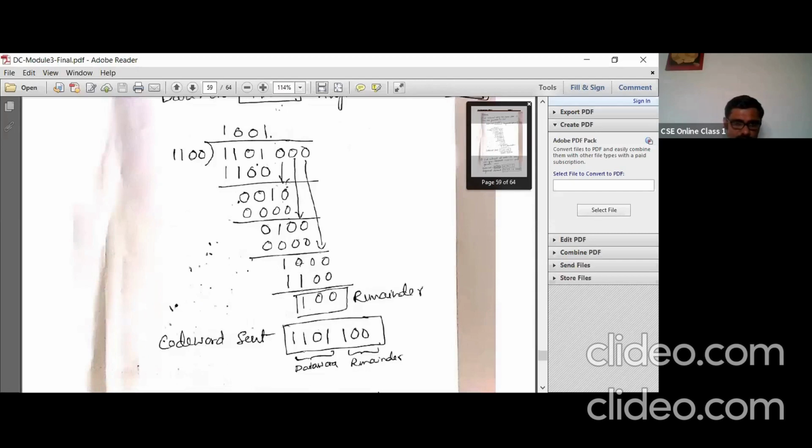Now again perform the XOR operation. 1 XOR 1 is 0, 0 XOR 0 is 0, 0 XOR 0 is 0. Finally you get 100 as your remainder. The code word sent is the data word 1101 followed by the remainder 100. So this is your code word sent.